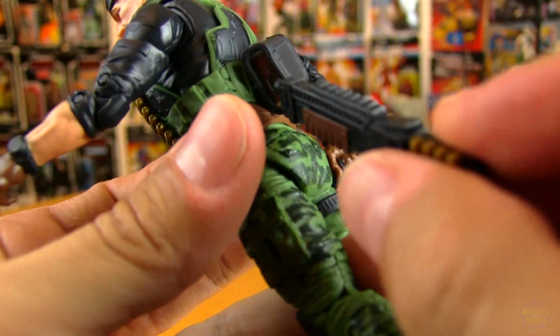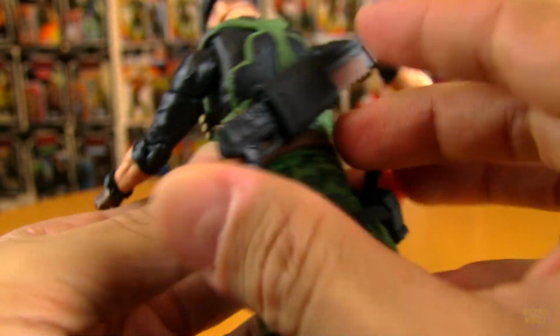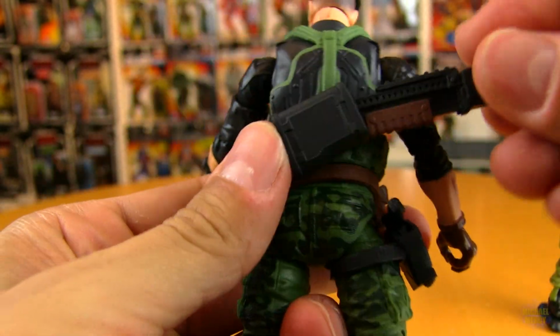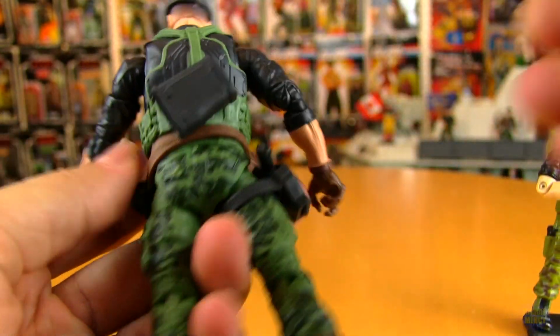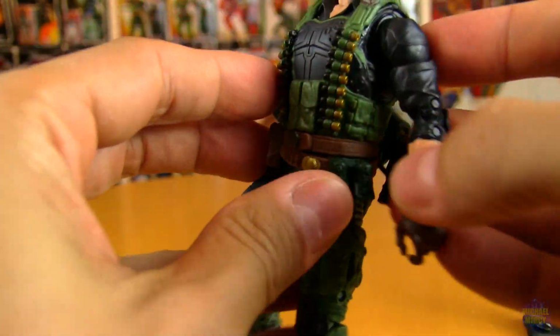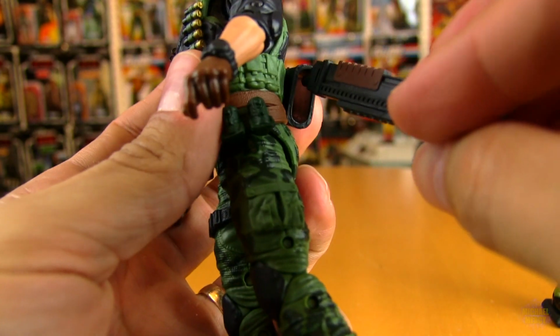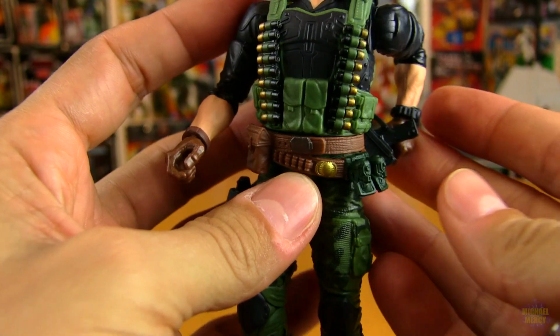And this is so awesome. He's got a spot to stick the shotgun. Pop it in there. I'm guessing it can go whichever way you want it. It can sort of go that way. But this is probably, I don't know, maybe this way? It's an awkward